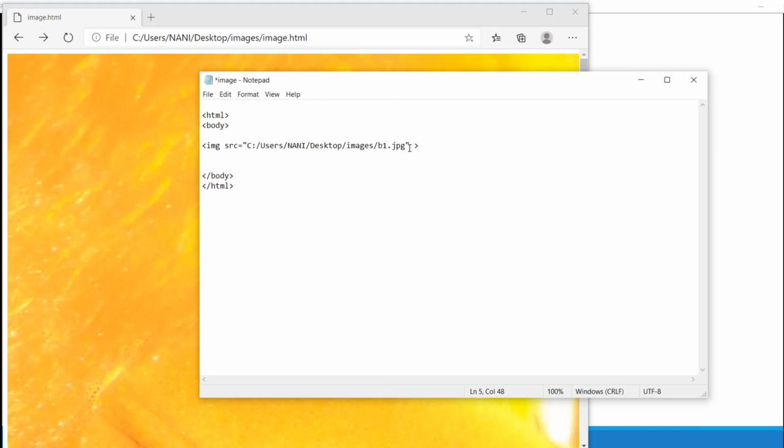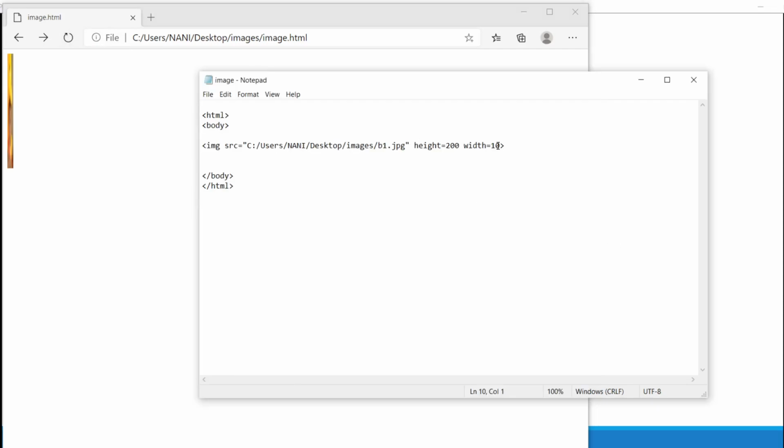Height and width. Height equals 200 and width equals 100. The image is compressed too much, so increase the width.